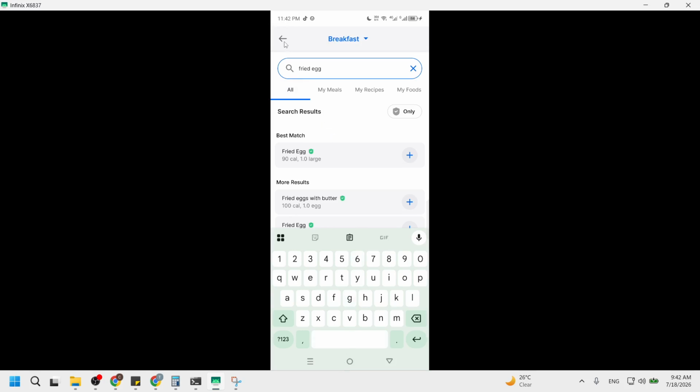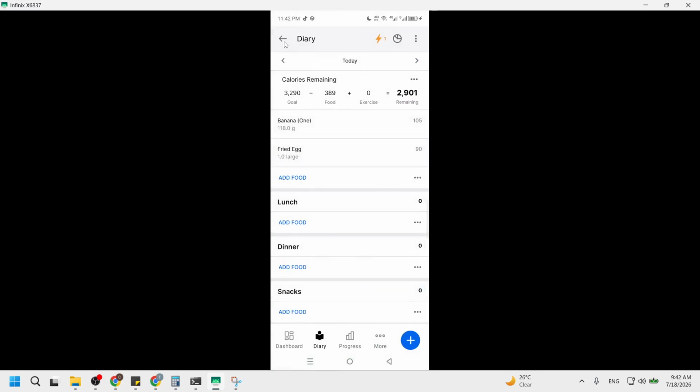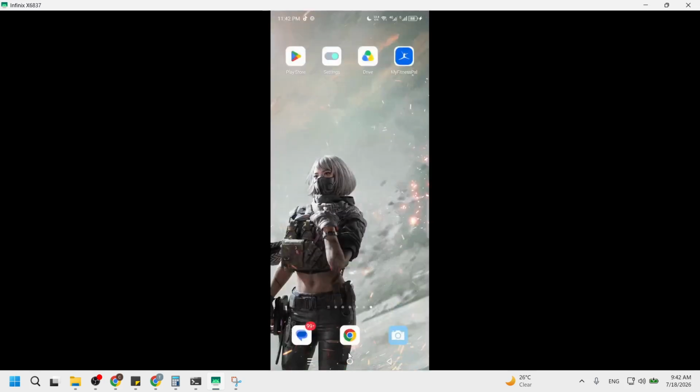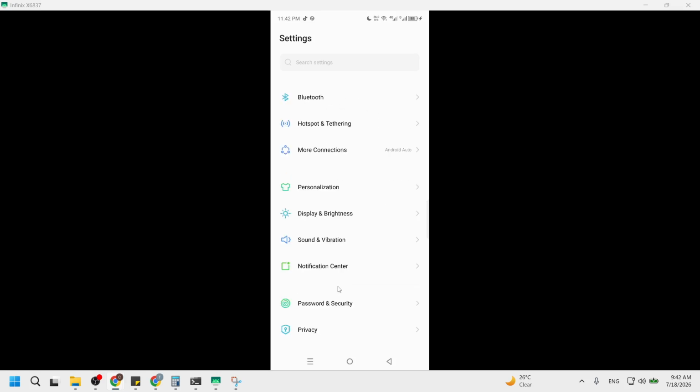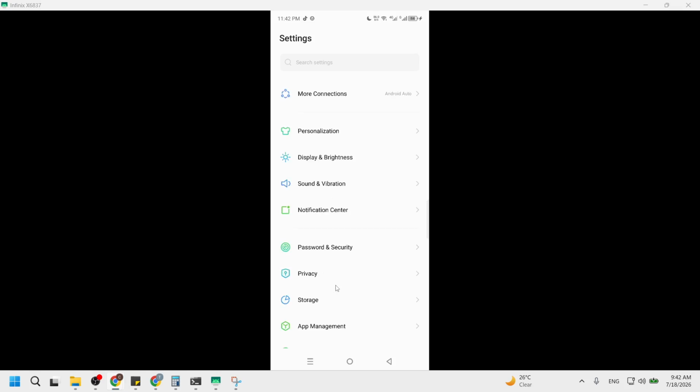At this point, if you're still experiencing issues, it may be due to a corrupted background storage cache. This can cause food searches to drop or fail to load. Recognizing this can save you a lot of frustration. Now, go to Phone Settings. You can find this option in your app drawer or by swiping down from the top of your screen. Accessing the settings is crucial as it allows you to manage app permissions and storage. This step is often overlooked but is essential for optimizing app performance.